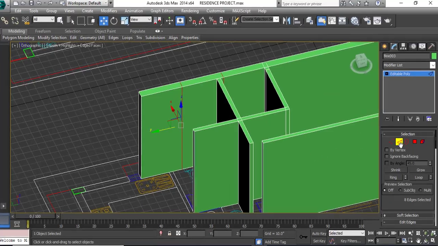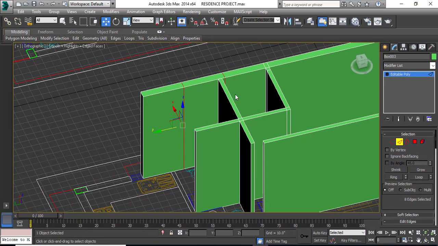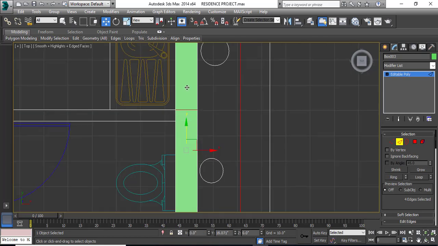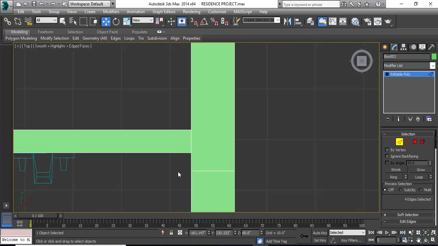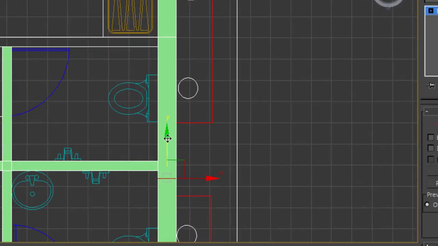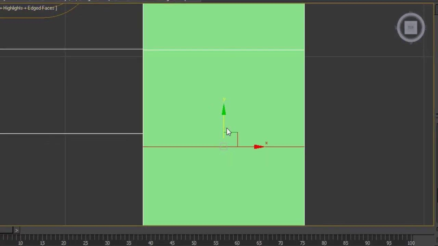And all this is happening under edges selection, not polygon. So go to top view again, select the line, deselecting the ones that are not needed, and drag and drop it to the face of the internal wall. The same way, select this line, deselecting the rest, and drag and drop to the other face of the internal wall, of course.